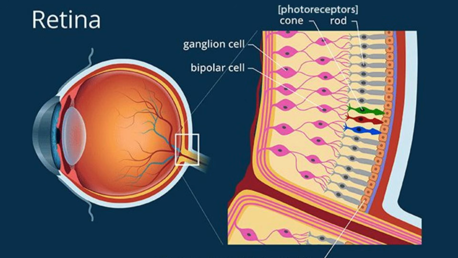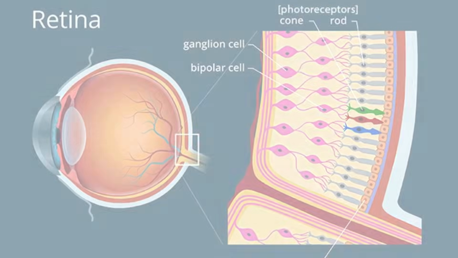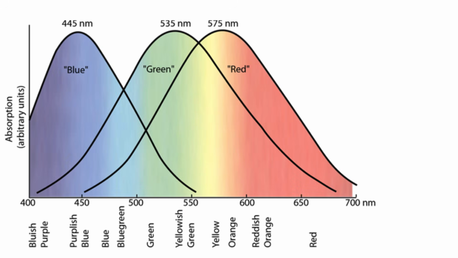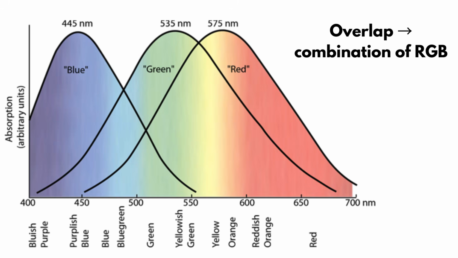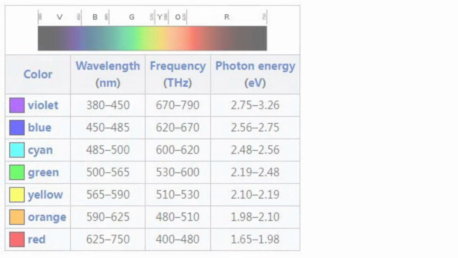Over time, photoreceptor cells in the retina adapted to respond to photons in this band, allowing organisms to gather detailed information about their surroundings. Different wavelengths within the visible range are perceived as different colors. This is not because color is an inherent property of light, but because different wavelengths stimulate cone cells in the eye in different proportions. The brain interprets these signals and constructs the experience we call color.